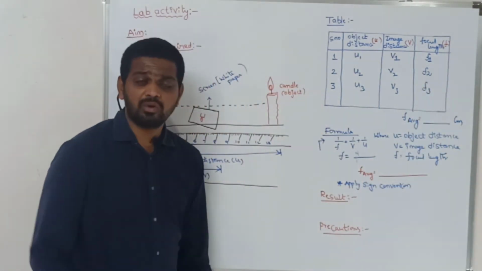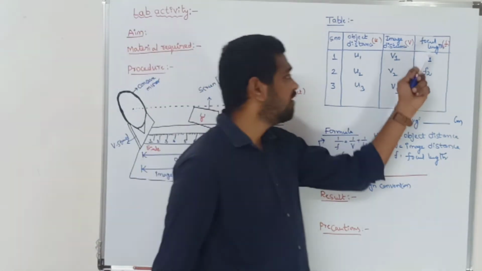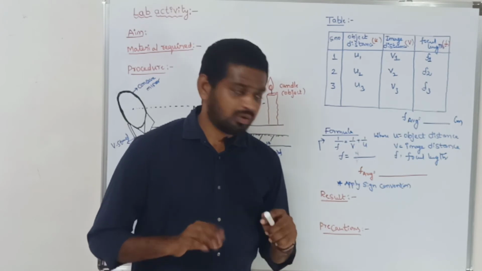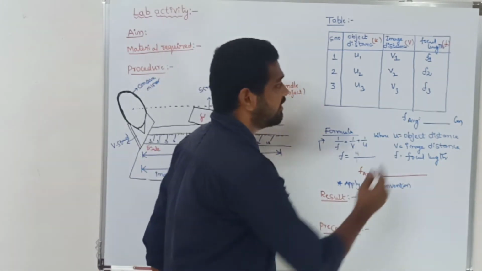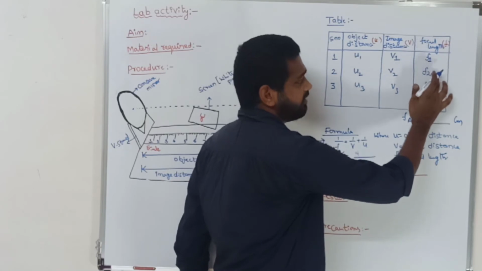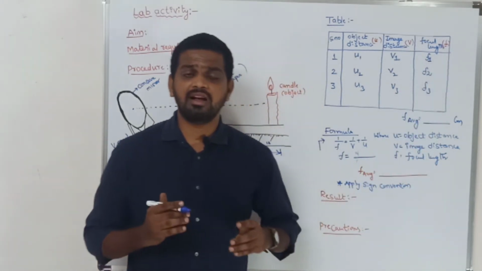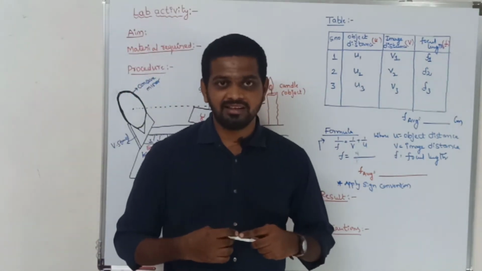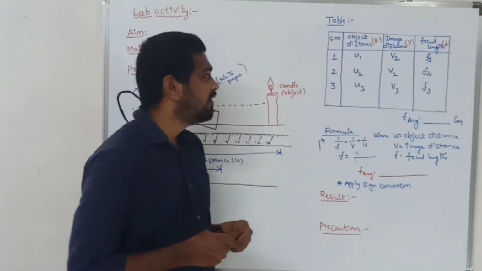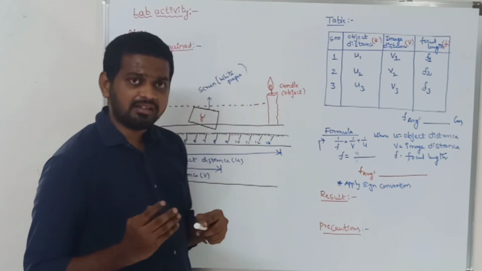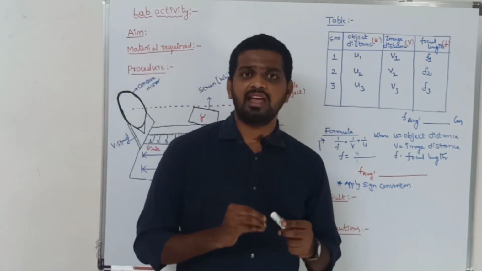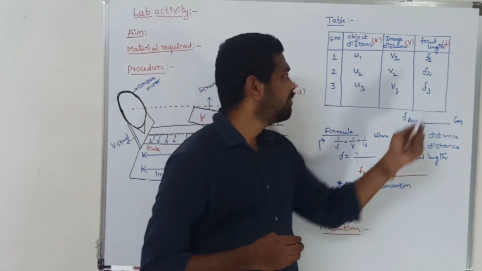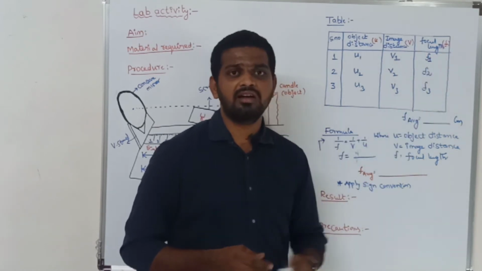Clear, children? Don't get confused. Why? Because here you have 3 focal lengths. Which focal length are you going to take as the focal length of the concave mirror? To get that, you need to take the average value of these 3 observations. Why am I considering the average value? Will you guess? Yes, I will tell you. Whenever you are doing some experiment, errors may be included in the observations or calculations. To overcome those errors, I take the average of a number of readings.